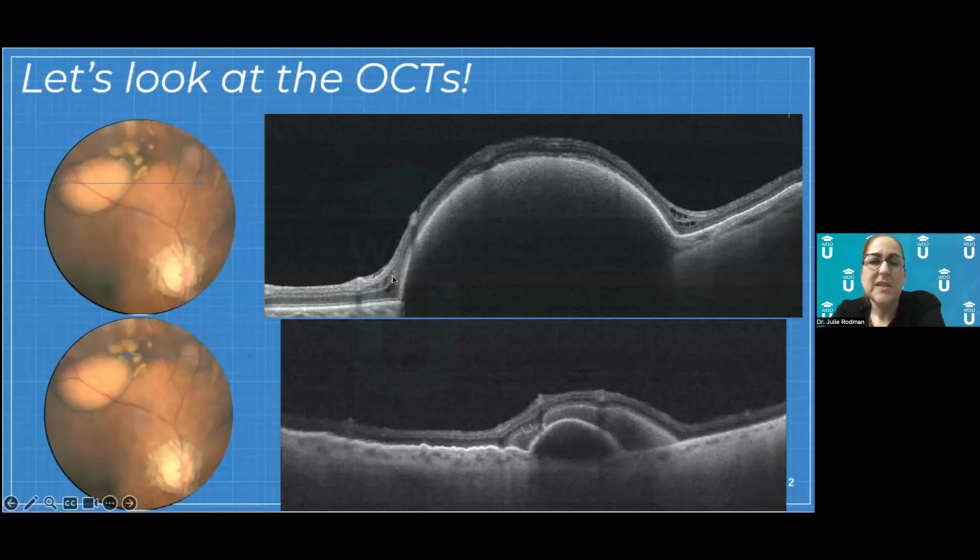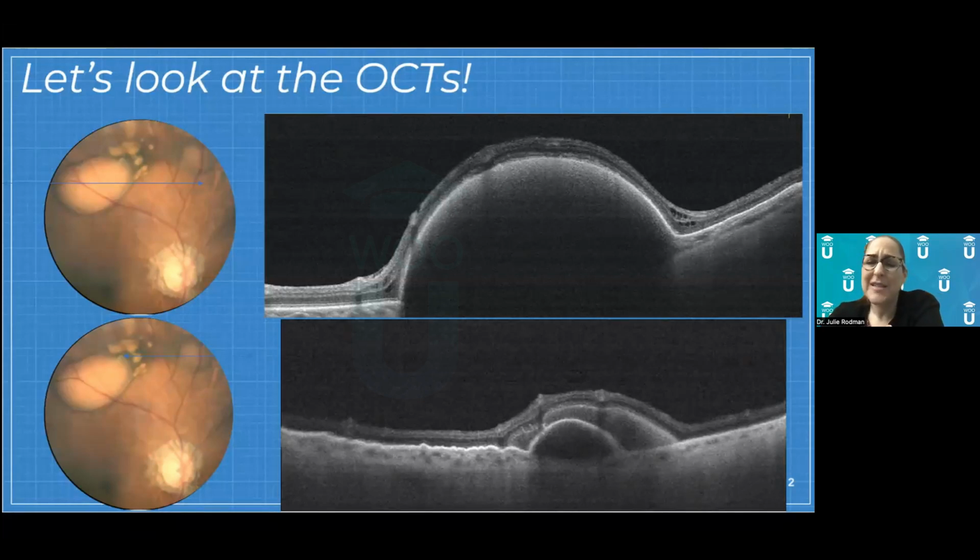So on this top OCT, find the RPE. That's always, I find, the easiest way to dissect through a more difficult or challenging OCT. So if you find the RPE, which is this hyper reflective band, and you trace it up and over, you can see that the RPE is lifted up. So the first thing we notice here is that this is a massive area where the RPE has been lifted up. If you were on my first webinar that we did probably last year, I said anything that lifts up the RPE is essentially called an RPE detachment. So we're dealing with a massive RPE detachment here.